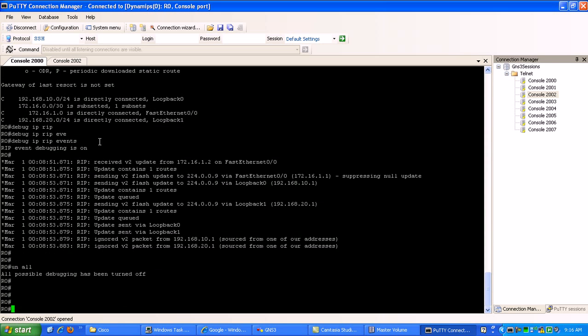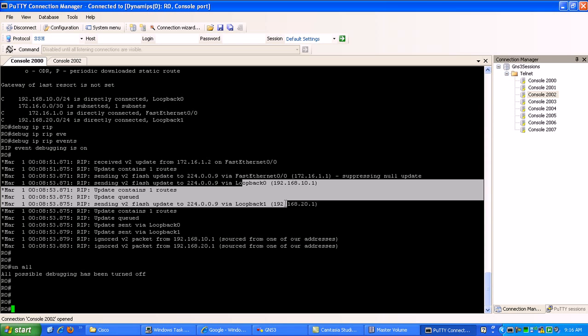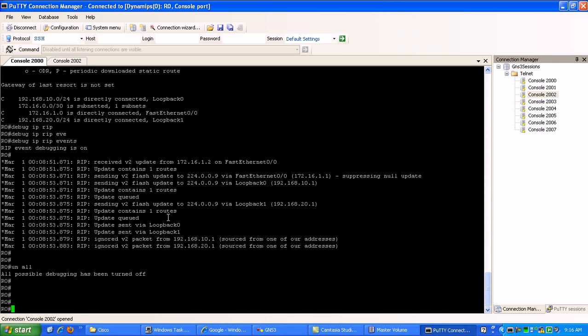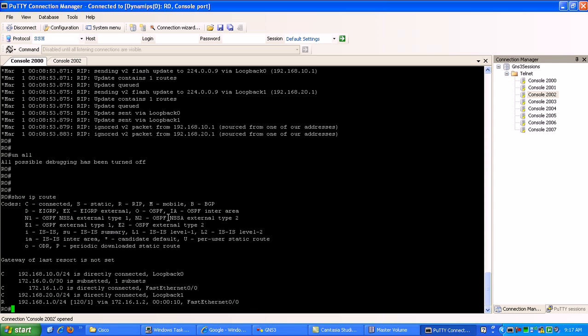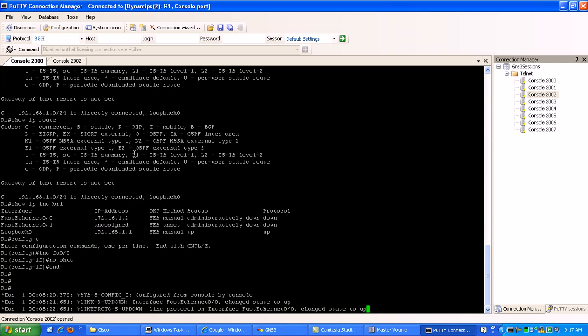What you see here is my RIP network converging. You're sending the flash update on the multicast address of 224.0.0.9, which is RIP version 2. Basically sending out the routes to our neighbor. Now if I look at our routing table, you can see here that I learned the route via RIP from router 1. So if I try to ping 192.168.1.1, I'm good to go. So if I go back to router